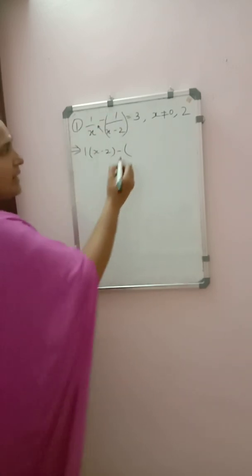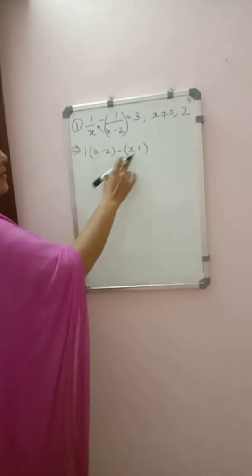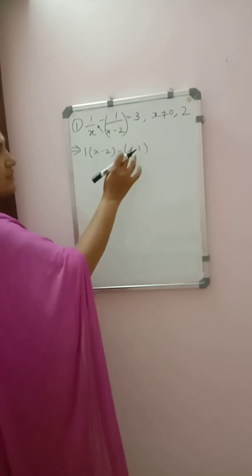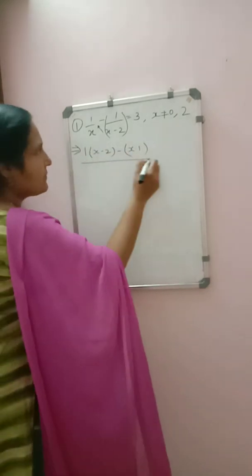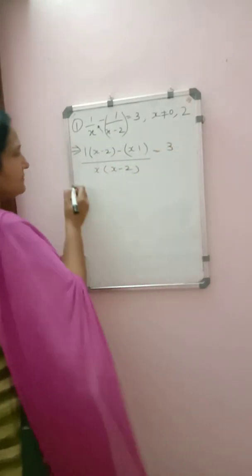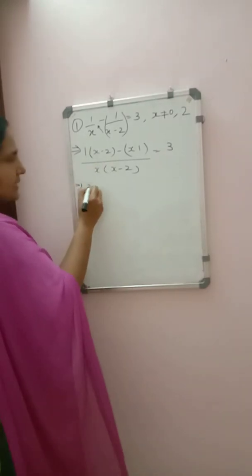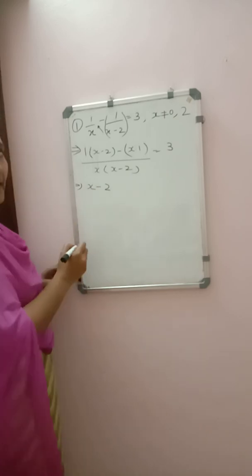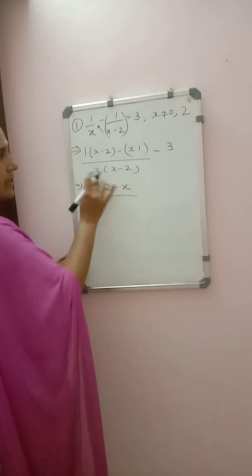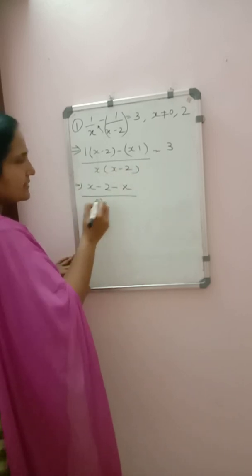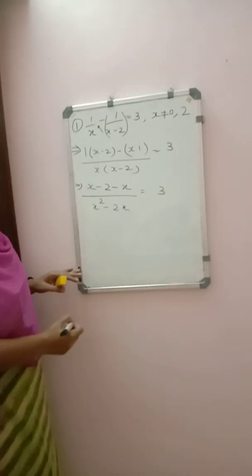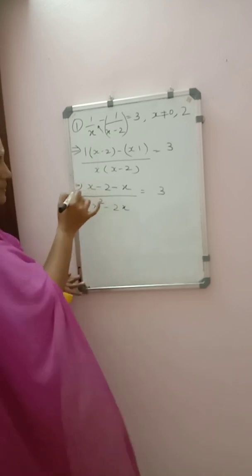x will get multiplied by 1. I have used a dot because x and cross both will come, and then it will be a confusion. That's why you can use a dot also. By x will get multiplied by x minus 2 equal to 3. So 1 into x is x, 1 into minus 2 is minus 2. Minus sign, x into x is x. By, here also we do the multiplication: x into x is x square, x into minus 2 is minus 2x, equal to 3. Now we can check if any addition or subtraction is possible.